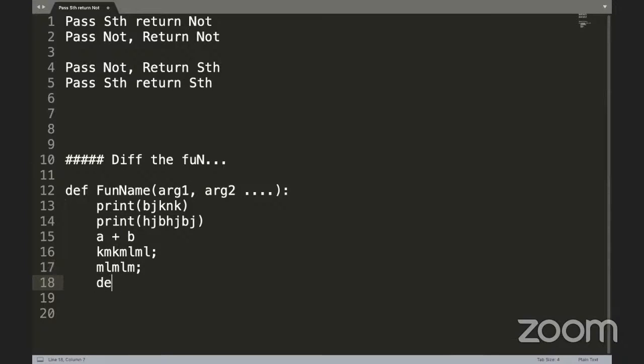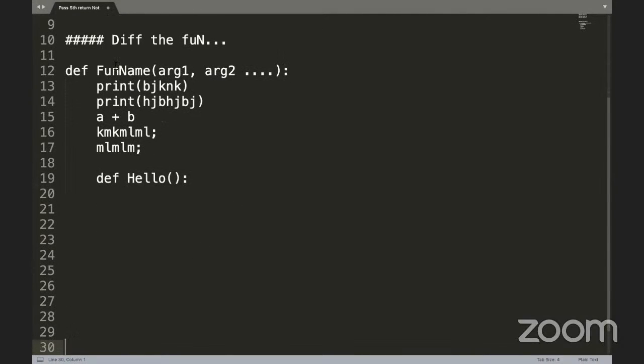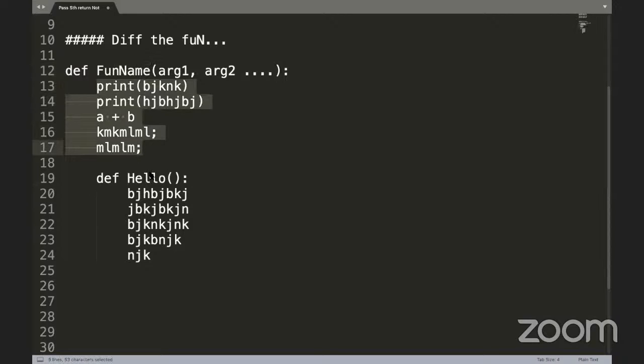Suppose you define one more function, define hello, a function inside the function, right? And now if you call it, can you see this? What I'm doing here, guys, is inside this function, I'm going to define a new function. I will define a new function, and now if I want to call this, then we will just work like this. How is it going to execute this function, and when you execute this function, these lines will execute, and this function will